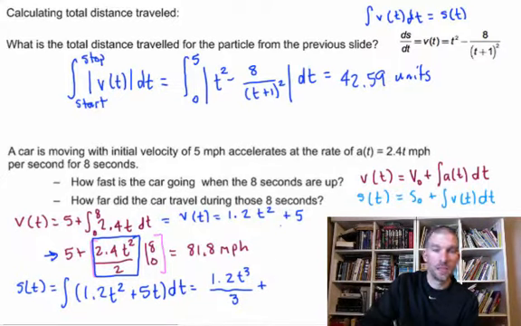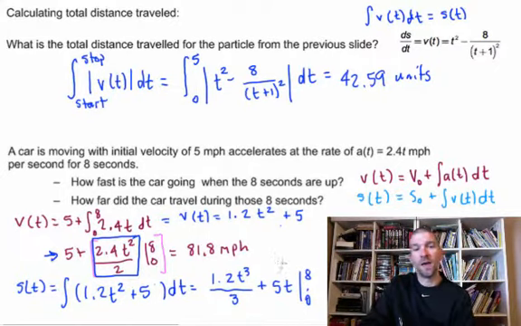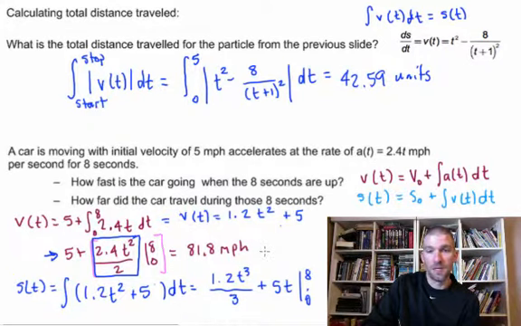plus, and that shouldn't be 5t, that should just be 5. I got all excited here. The t is actually going to be right there. And we're going to evaluate this over those first 8 seconds. So that's going to be evaluated from 0 to 8. You can punch that into your calculator if you want to double check yourself and see what you get. But you should truck along somewhere around